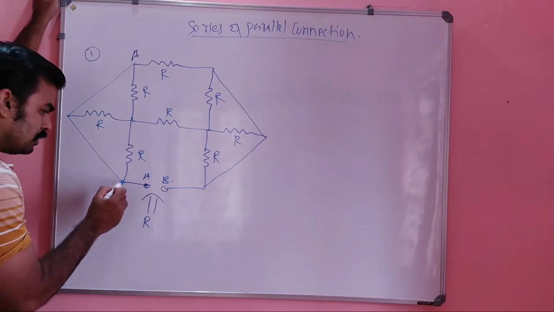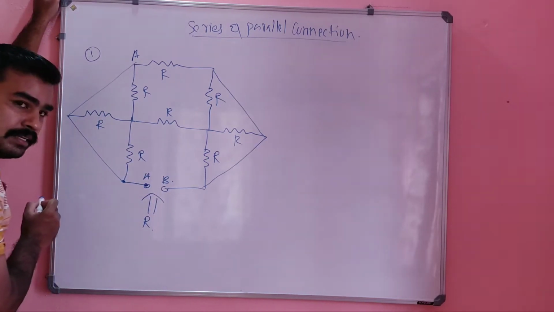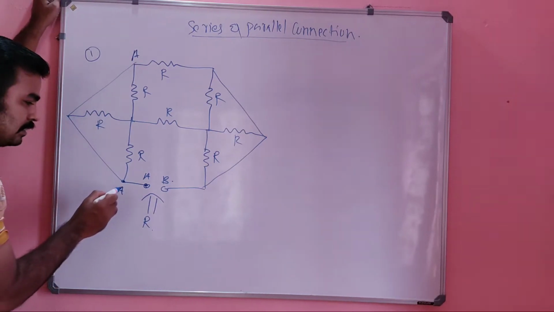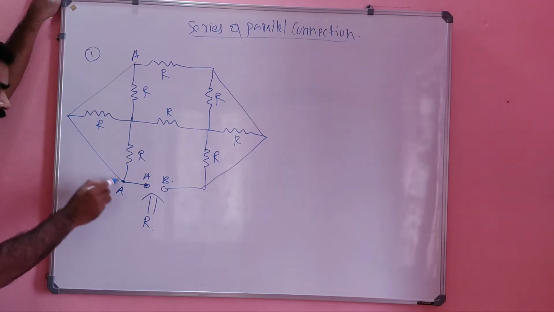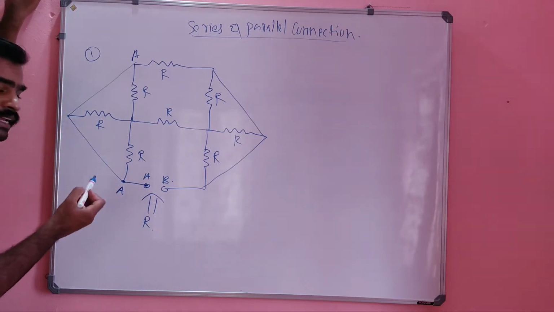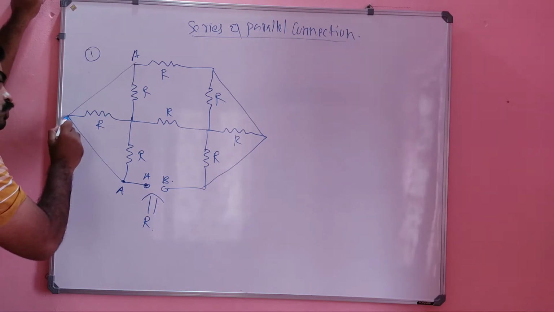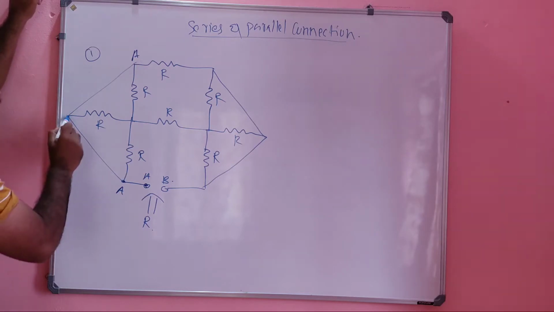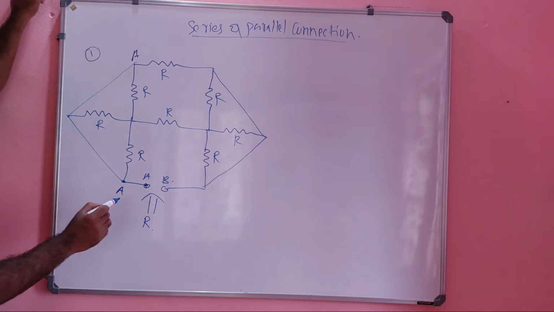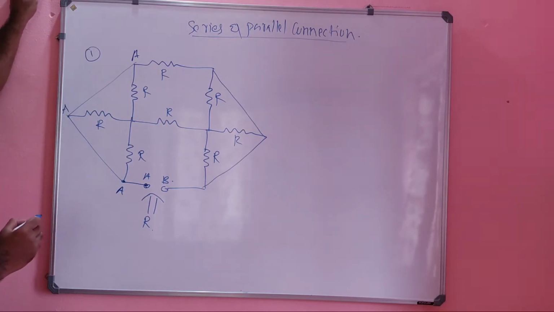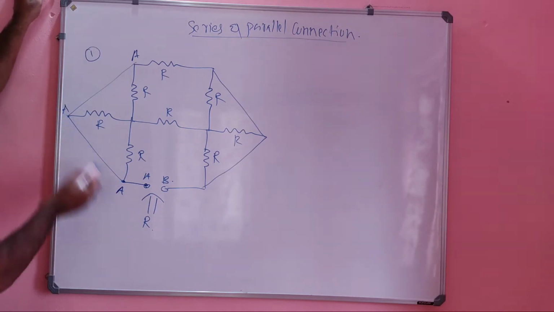Let's assume this point is A, and this is also A, which means this is short circuited. I already explained short circuit. What is meant by short circuit? In terms of voltage, short circuit means the potential difference between here and here will be the same. It is a simple connection. So here it is potential VA, and the same potential will be here also. So I am assuming this point is also A, because it is simply shorted.